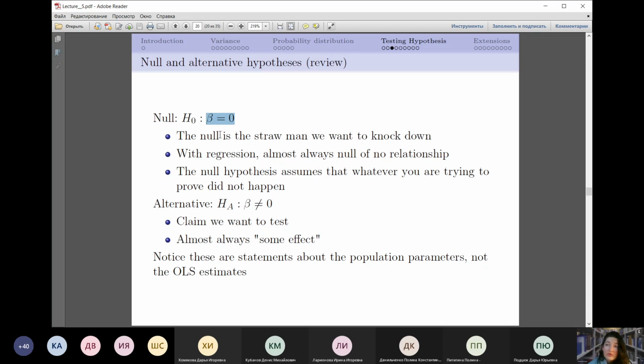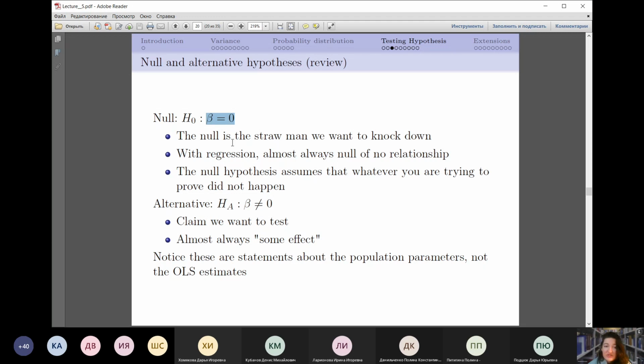In our case, when we want to test the hypothesis that our coefficient is significant, at the beginning of this lecture, I told you that significance of some coefficient means whether this coefficient equals 0 or not. So if this coefficient equals 0, it means that this coefficient associated with our independent variable doesn't have any influence on our dependent variable. So the null hypothesis